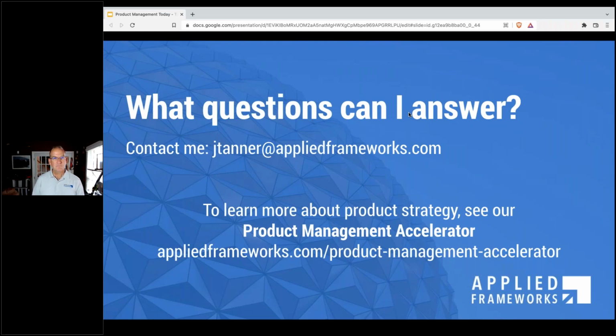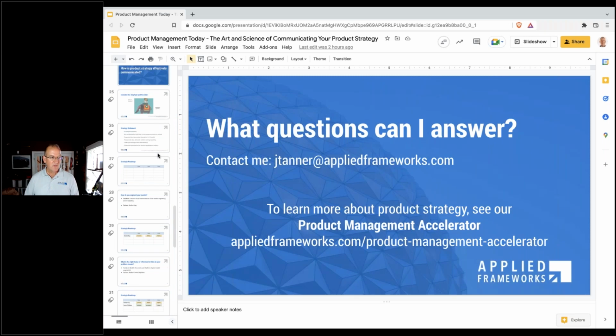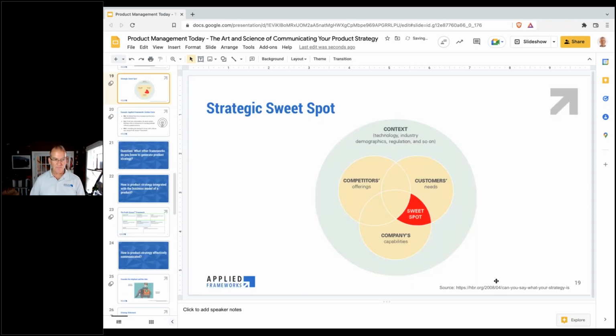This first one is coming in from John, and he wants to know if you can share any resources or where to go to better help with these frameworks for creating a product strategy. Sure. So I did embed the links to where to find these throughout the presentation. So we'll be providing the file here.